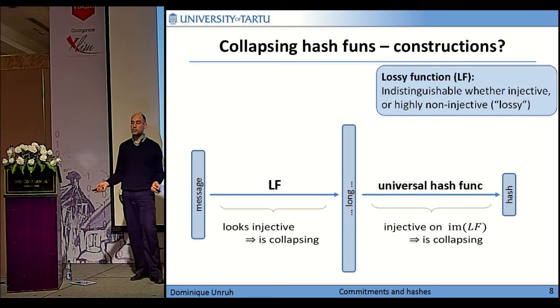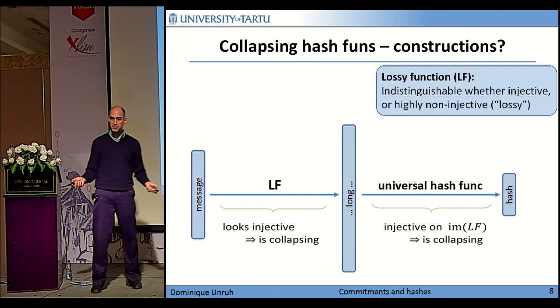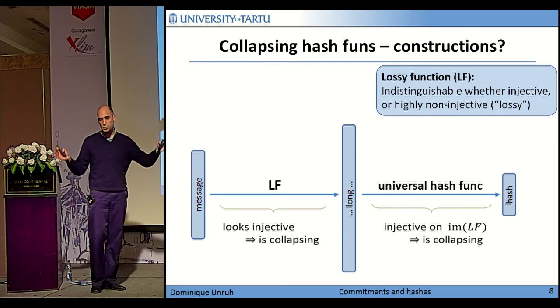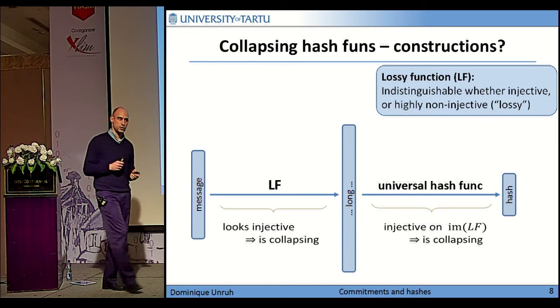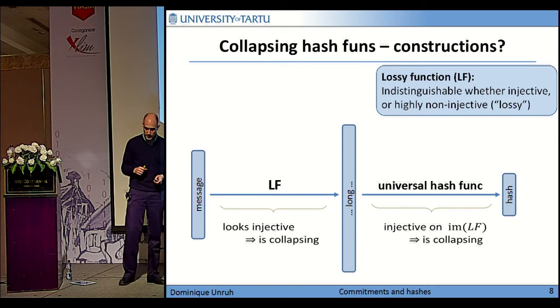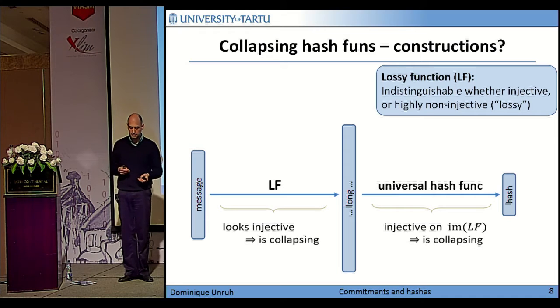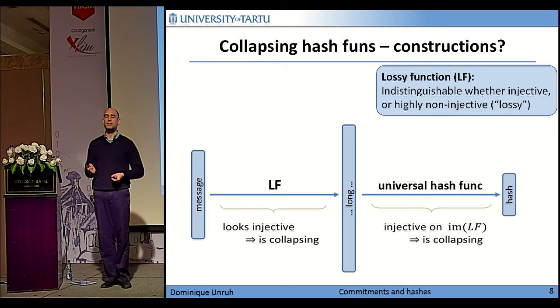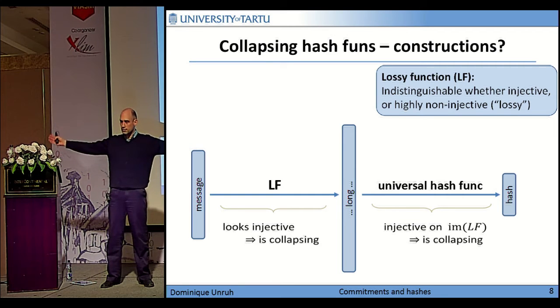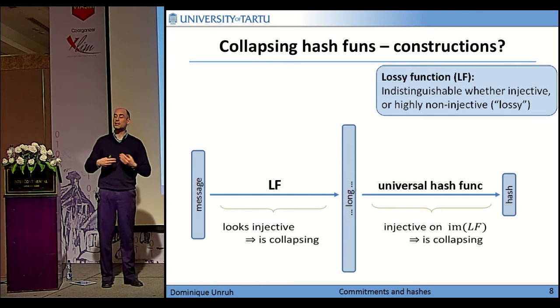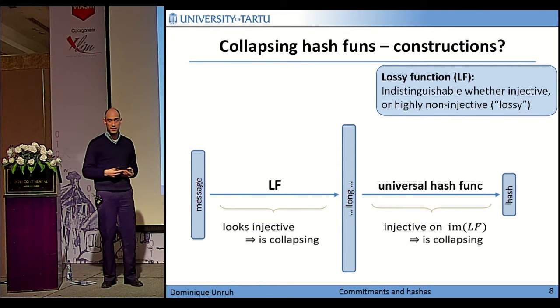So now we have managed to construct a collapsing function that takes a message of some length and makes a hash of shorter length from it. Are we done now? Well, it depends. For some purposes, that may be good enough, but generally we would like hash functions that can take a very, very long message and bring it to a short hash. While here, the more we want to compress, the stronger the assumptions about the lossy function will become.